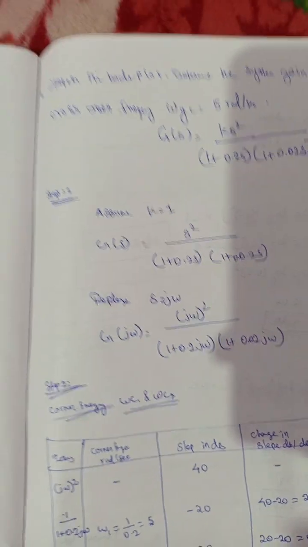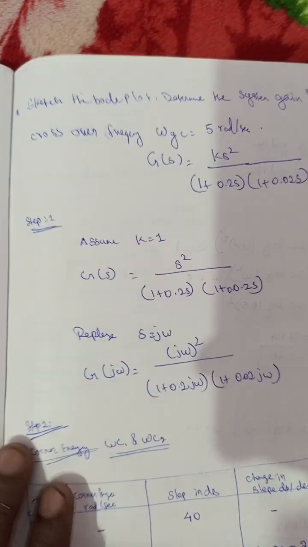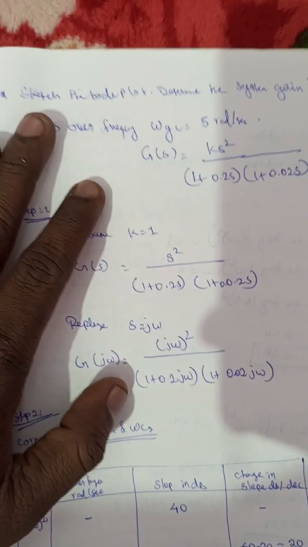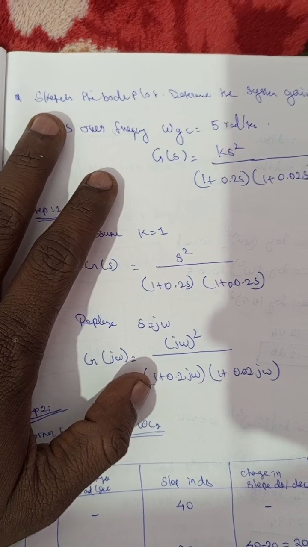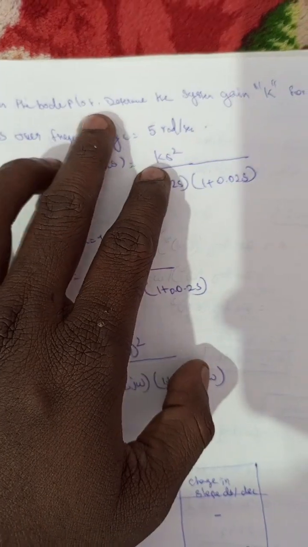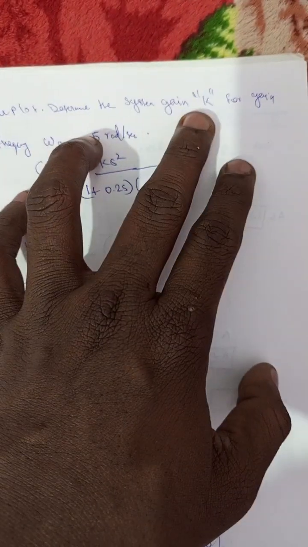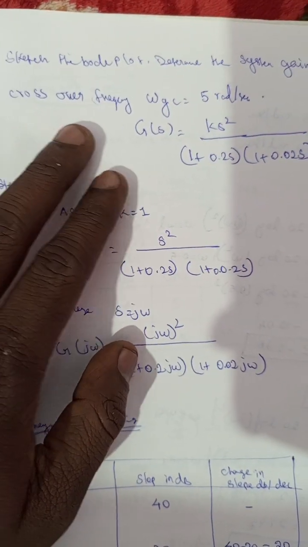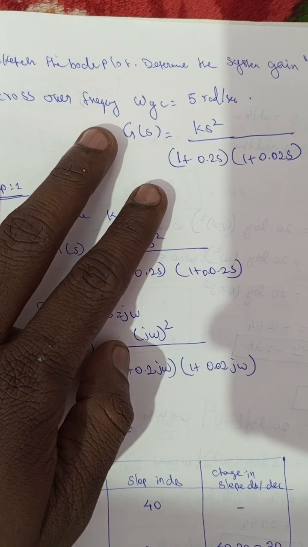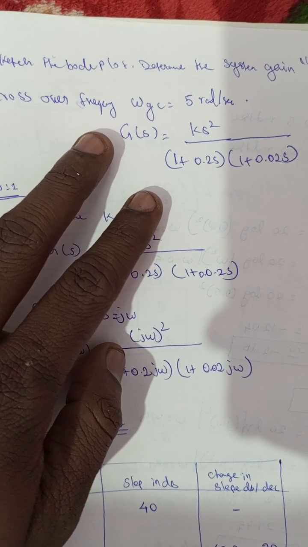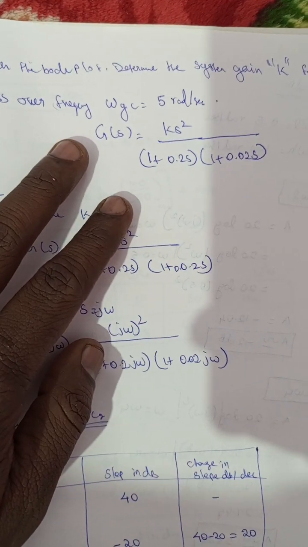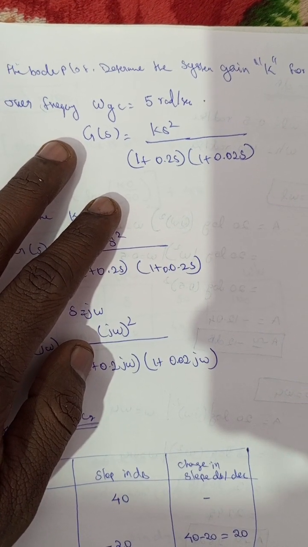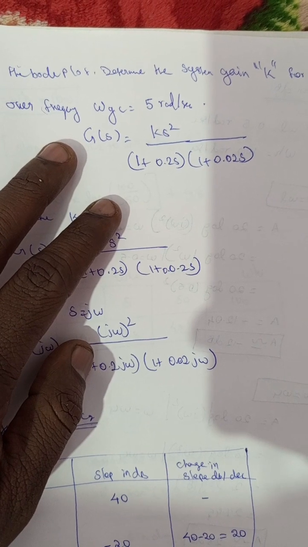Good evening. This is a Bode plot problem. The question here is: sketch the Bode plot and determine the system gain K for gain crossover frequency ωgc equal to 5 rad per second. The given gain is G(s) = Ks² divided by (1 + 0.2s)